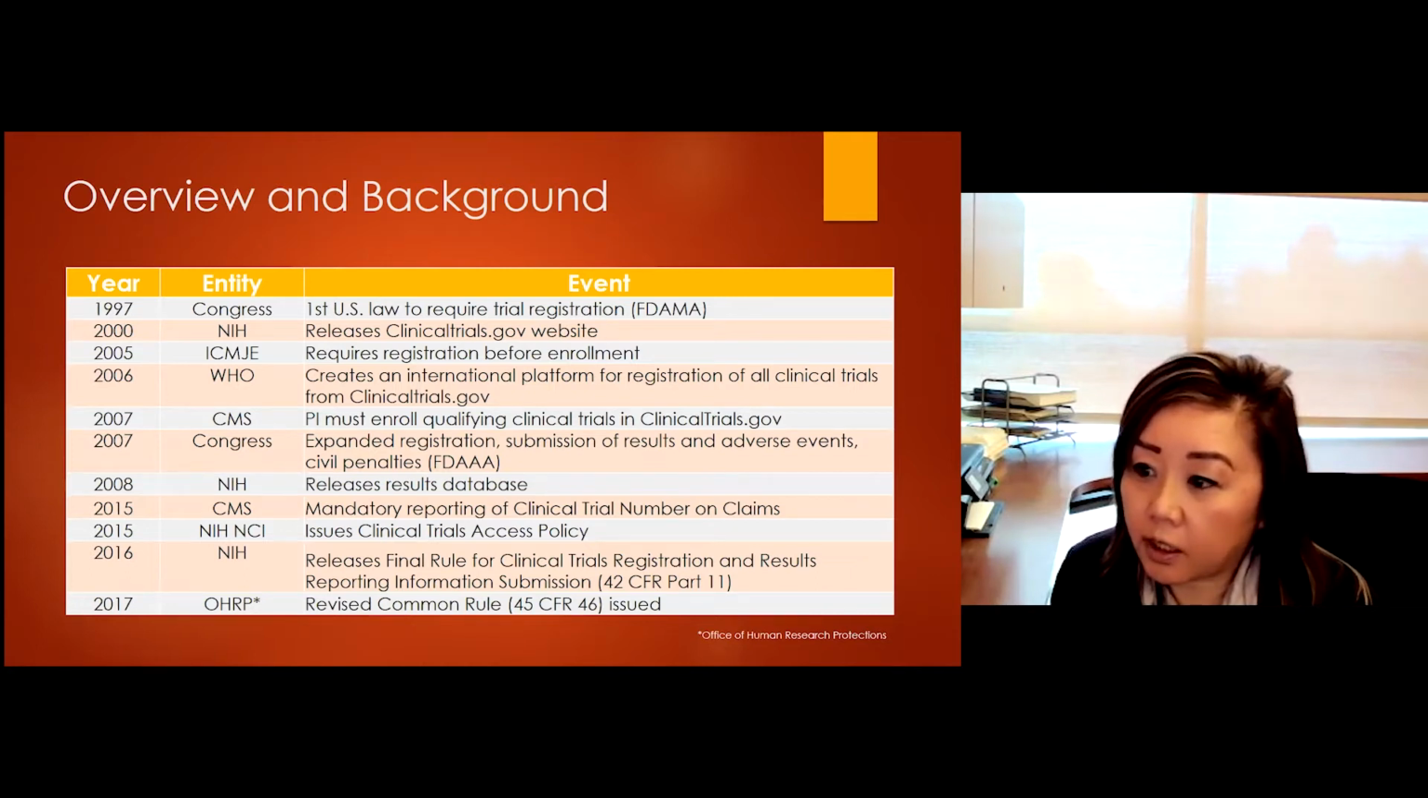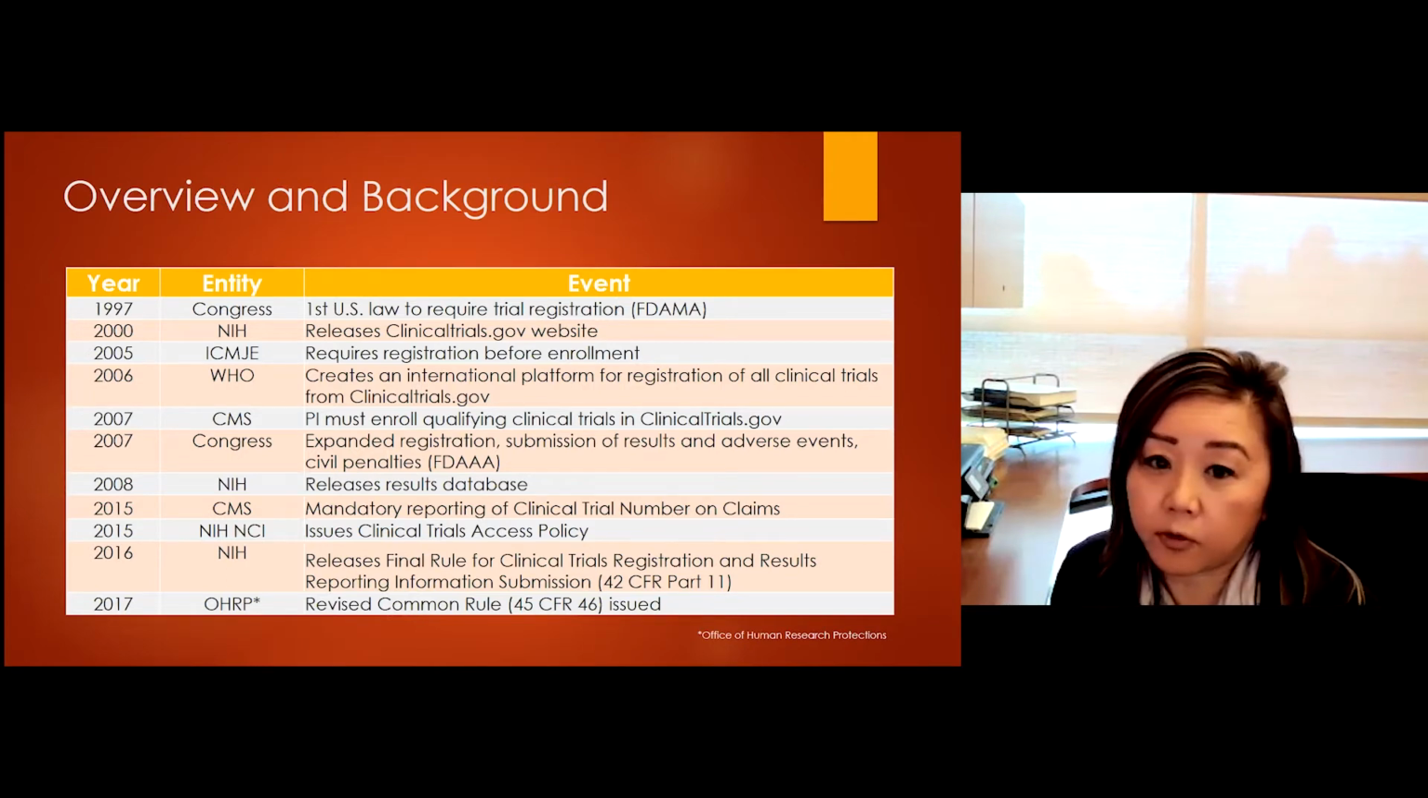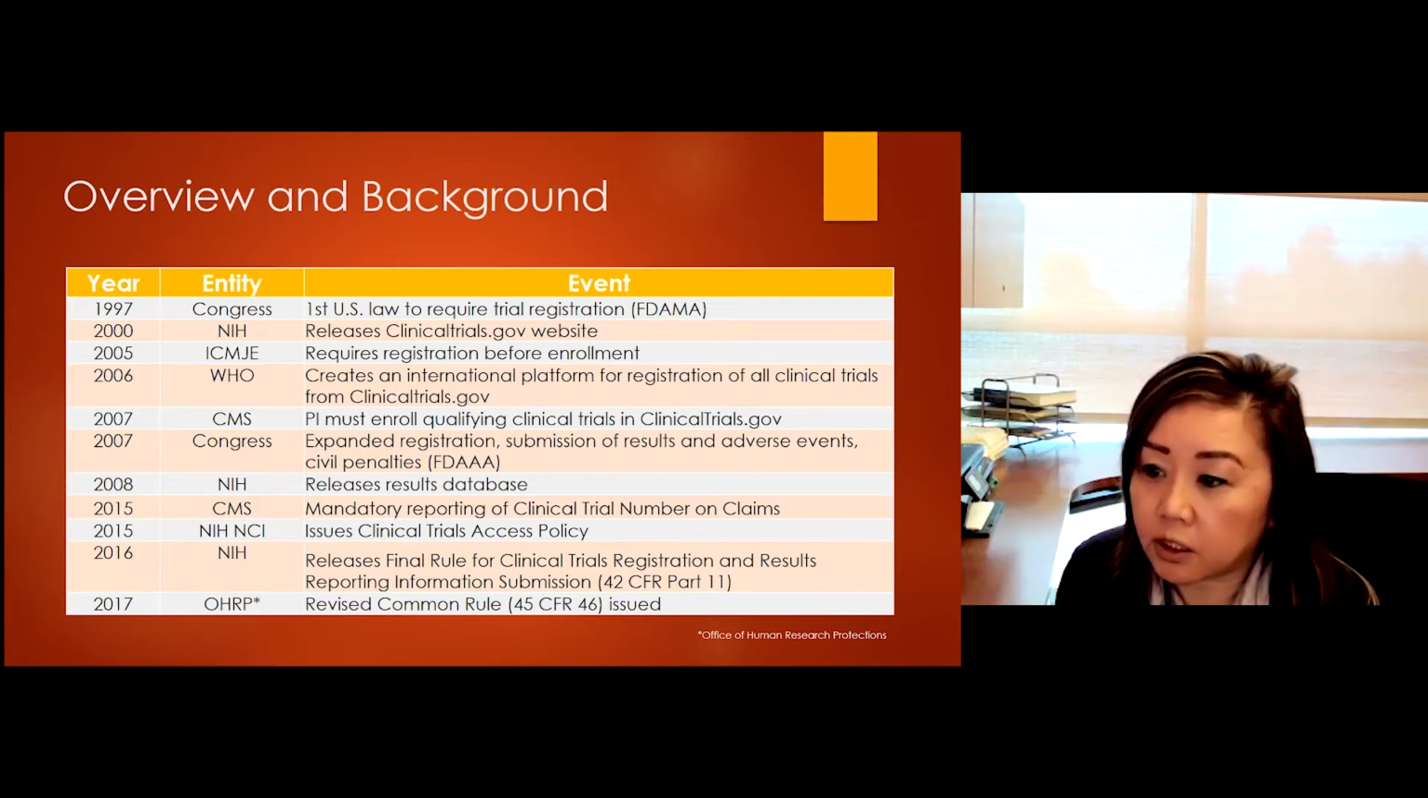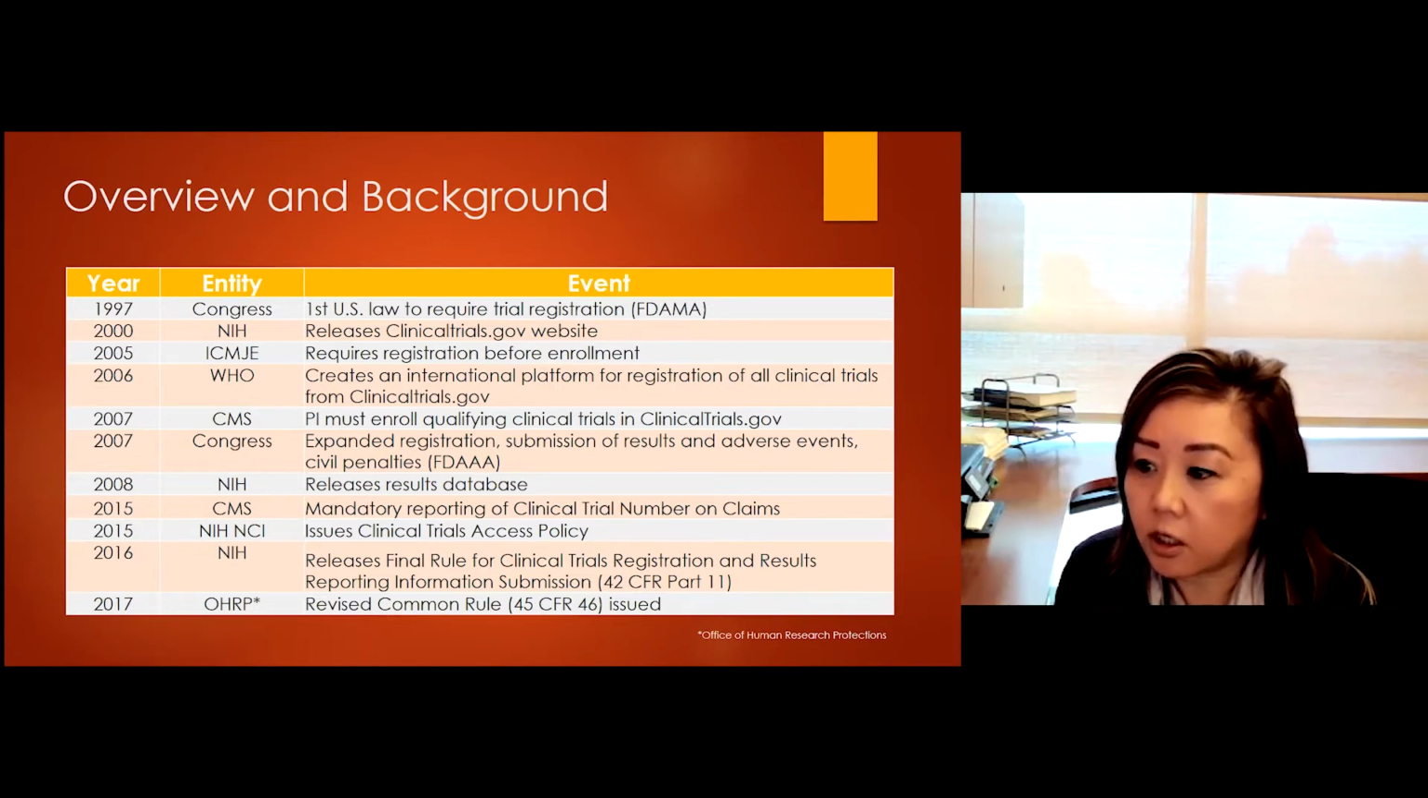Now in 2008, NIH released the results database. So they enhanced the results reporting database a little bit further. And then in 2015 is when CMS started mandating the clinicaltrials.gov number before they can reimburse for claims. And then in that same year of 2015, NCI, National Cancer Institute from the NIH, issued a clinical trials access